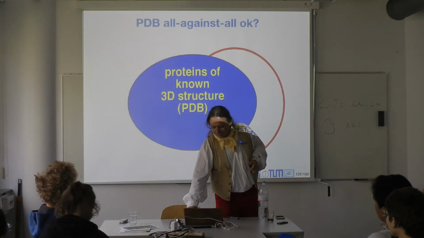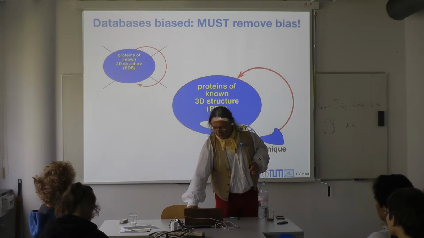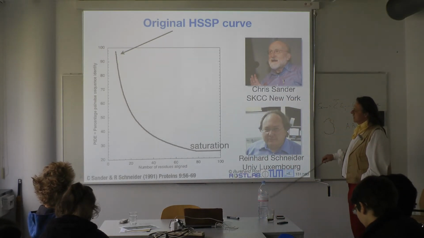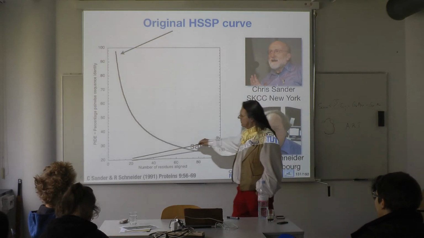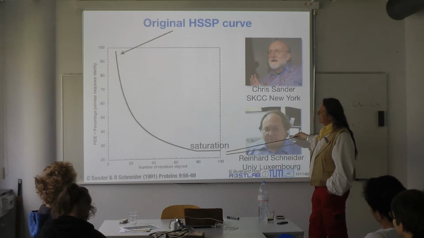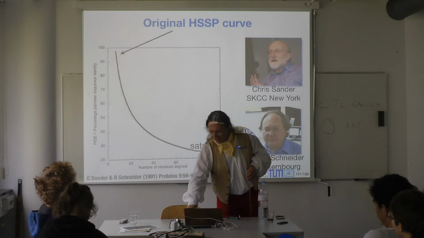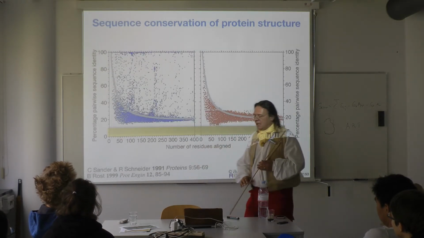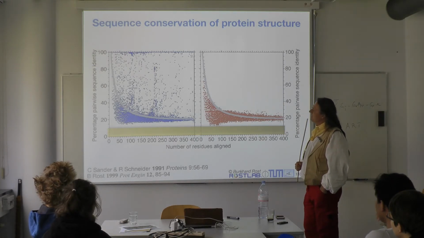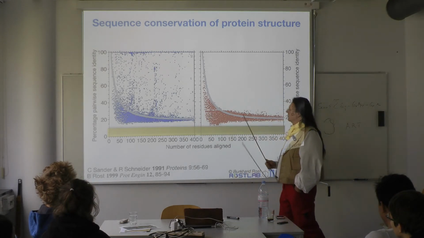We do an all against all. You have to do a sequence unique subset, and then you have to align the sequence unique subsets against all, and then you build a curve that initially was done by Chris Sander and Reinhard Schneider. This curve here, 100% sequence identity to 0% sequence identity. Sorry, here's the percentage sequence identity, here's the number of residues aligned. And then there's a saturation point. Let's not discuss too much on the curve because the curve changed over time, but the idea of the curve is the same. So again, the reds are pairs of proteins that do not have the same 3D structure, blue pairs of proteins that do have the same 3D structure. That's the curve I showed you before with the slide